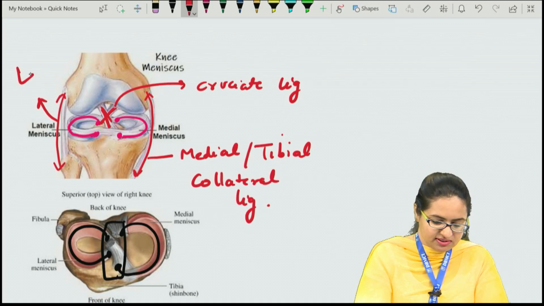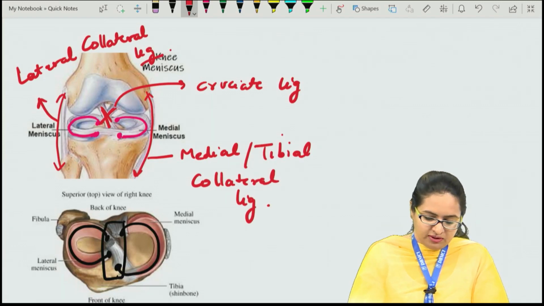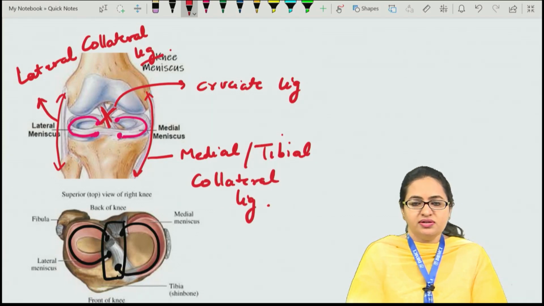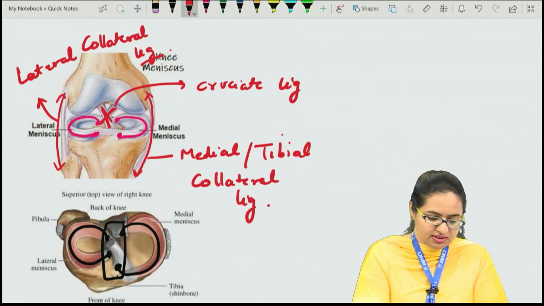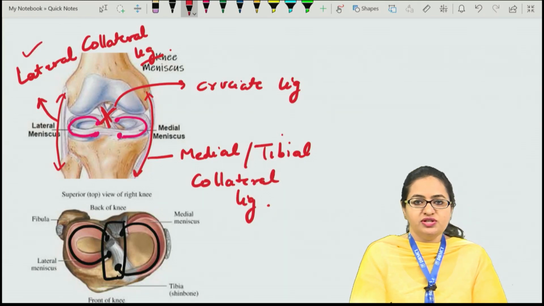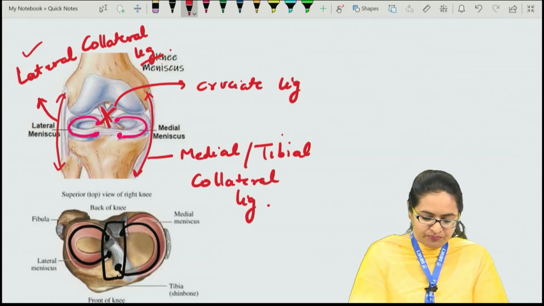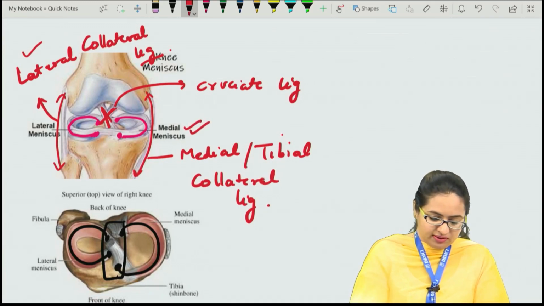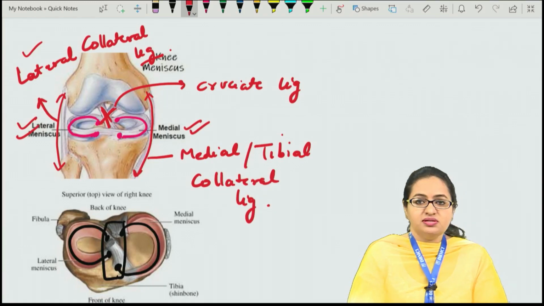And towards this side, this is the lateral collateral ligament. The medial collateral or the tibial collateral ligament is a degenerated part of adductor magnus, and the lateral collateral ligament is a degenerated part of peroneus longus. Now when we talk about the medial meniscus and the lateral meniscus, the medial meniscus has a characteristic